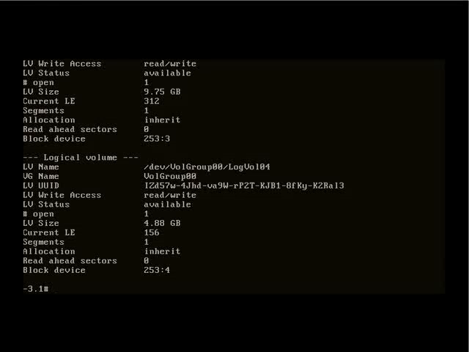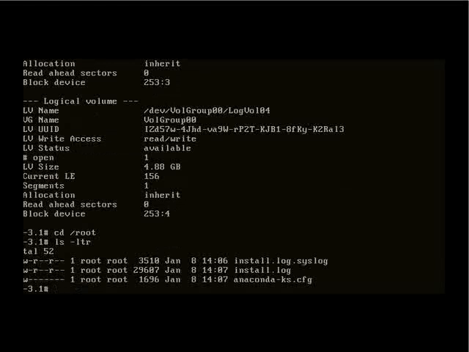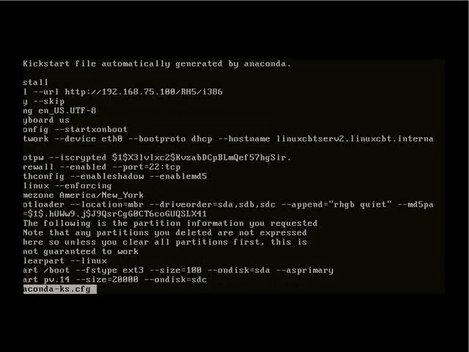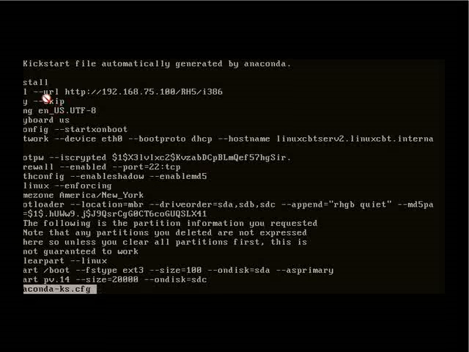You know how to create them during installation using the graphical installer, and we're going to reboot to complete this installation. As mentioned, however, in the root's home directory, you'll find the configuration file anaconda.ks.cfg. The less of it reveals the options that were specified during this installation, including where to get the source files, the binary files that is, so the source of the binary files, what to skip, the language format, the keyboard format, the network device and its host name that should be applied, and the protocol, in this case DHCP